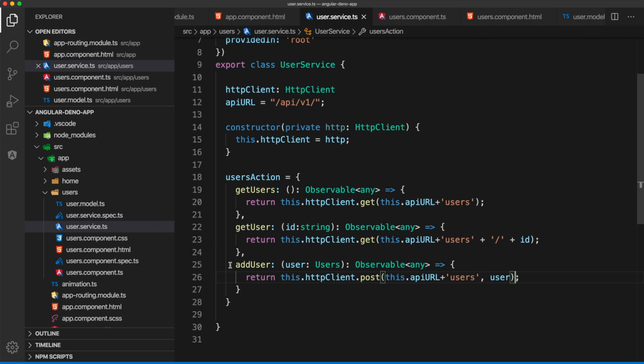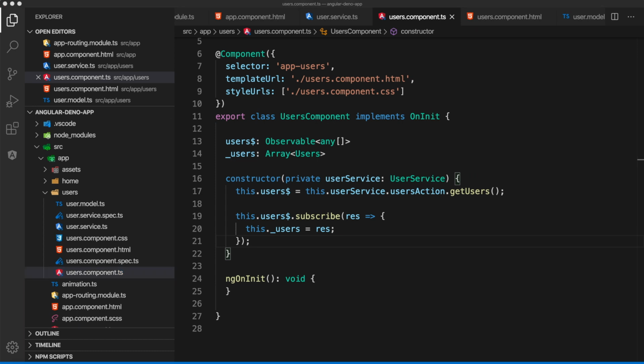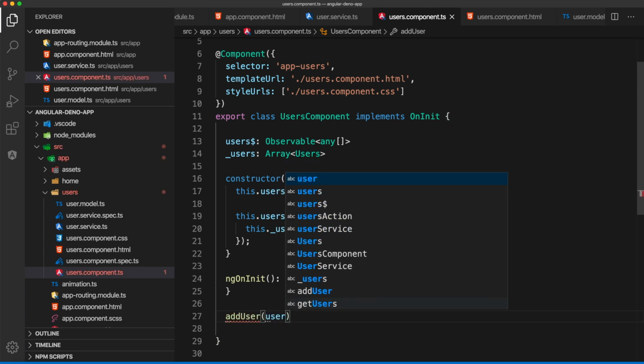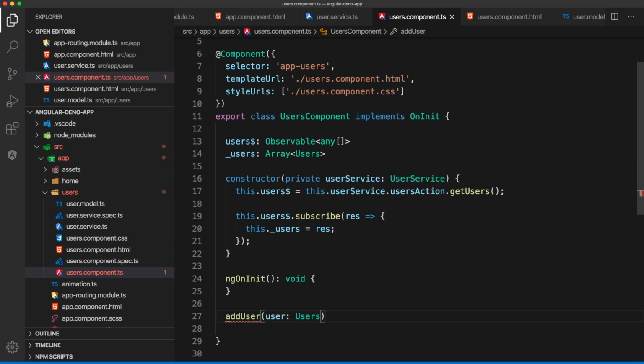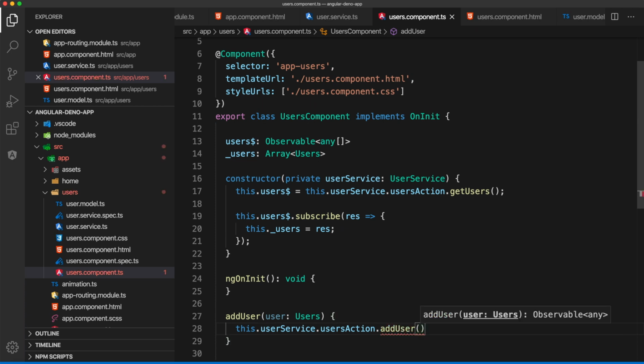Okay, so we just added a method to add the user, and now let's go to the component here. In the component we can add a method which is addUser, and it will be taking a user. Then what we're going to do is say userService.userAction.addUser, and here we're going to pass user,